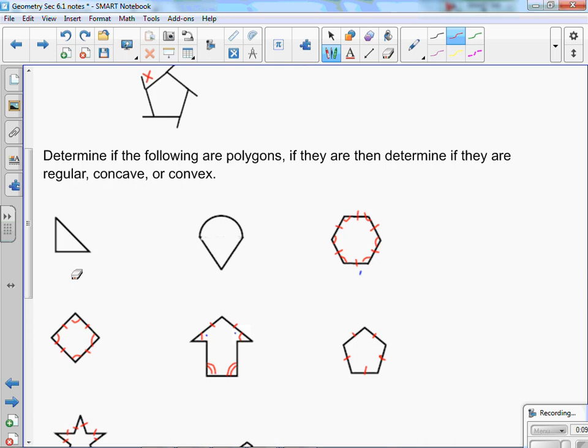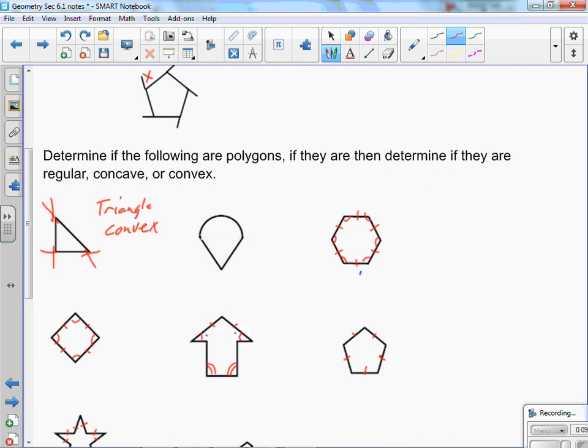What kind of polygon is it? First off, based on the number of sides, it's what? So it's a triangle. And I heard that it's convex. All right, so if I extended the sides, all those extensions go on the outside. They don't go into the interior. Is it a regular